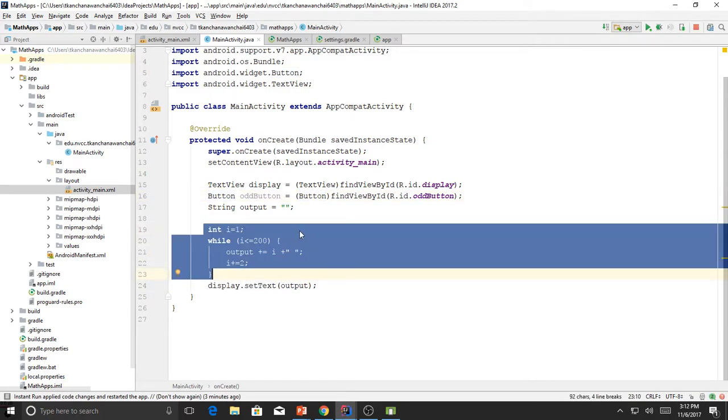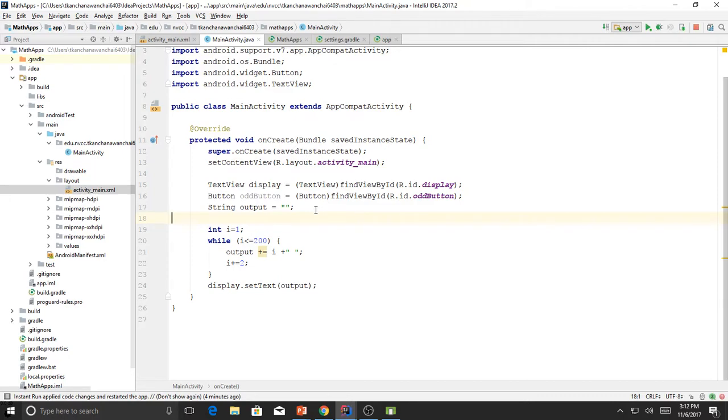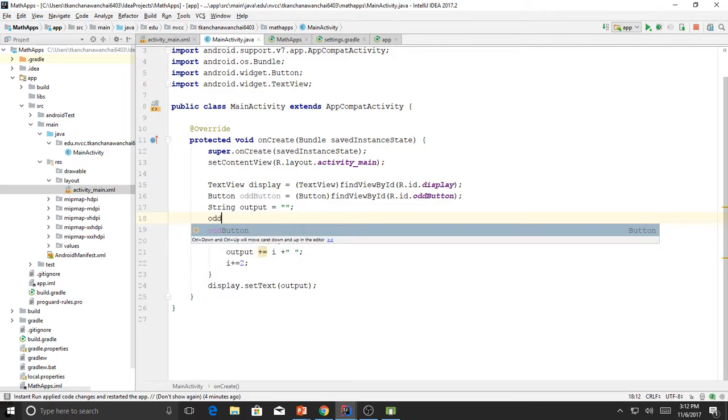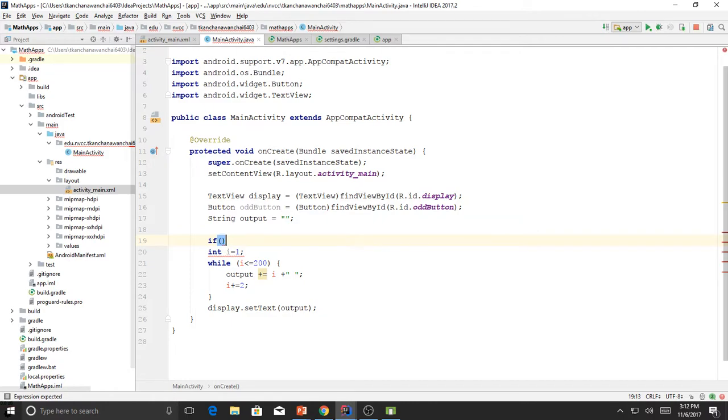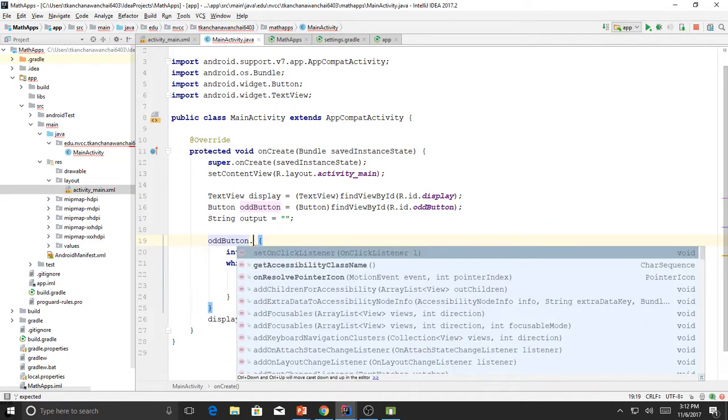I don't want it to print out right away. I want it to wait until we hit the button and then print out, right? So you just need to surround this with code, just like an if. You have a condition to make it true or false, then you do this. If it's not, then you don't do it. That makes sense, right? Meaning that I have to surround it with something with a button,